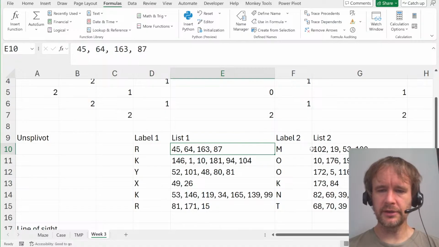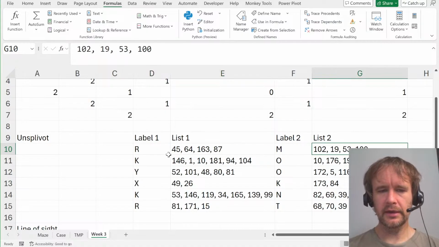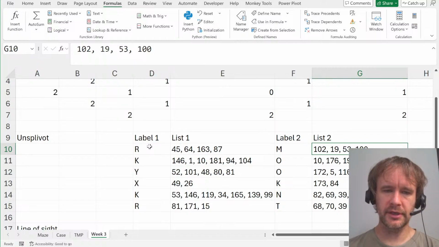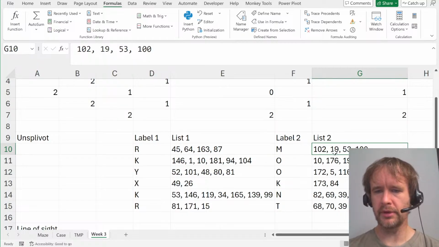Each of the list columns is the same size, so here's a list of 4 things and a list of 4 things, and you want to split each of the lists by row, same as the Power Query split by row function, and repeat the labels so that you would have 4 rows that say R45 M102,